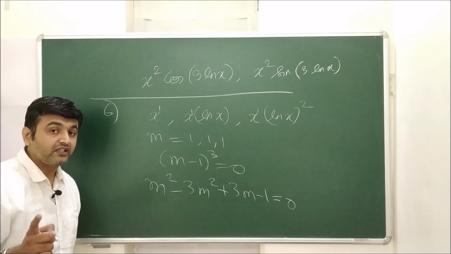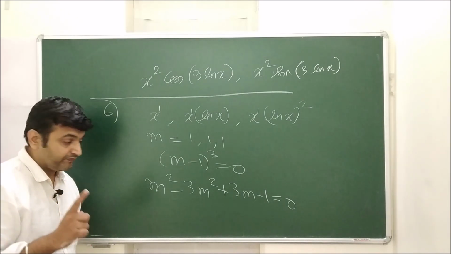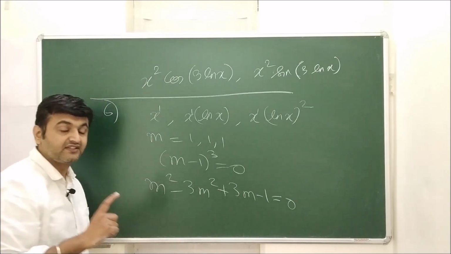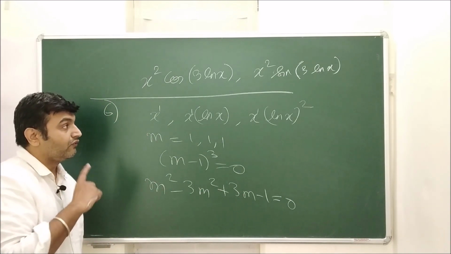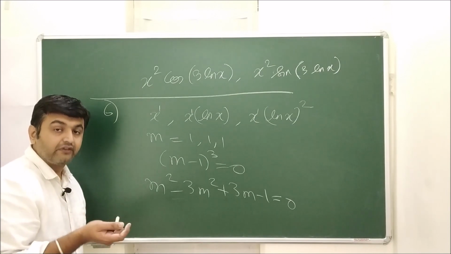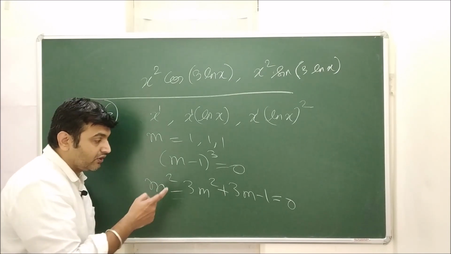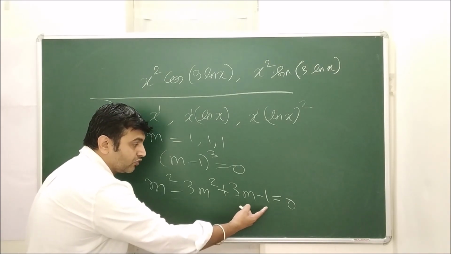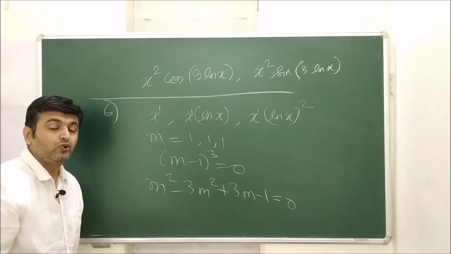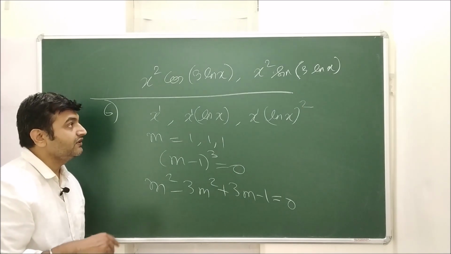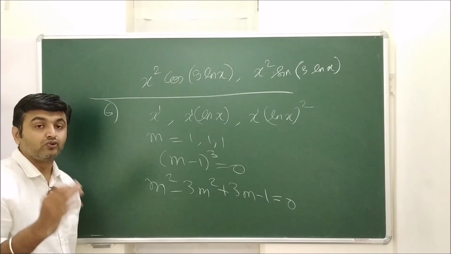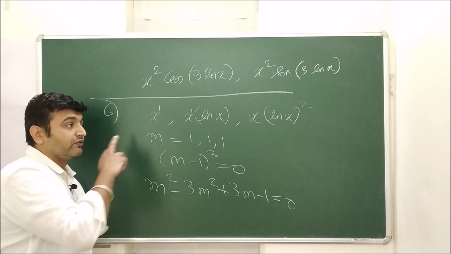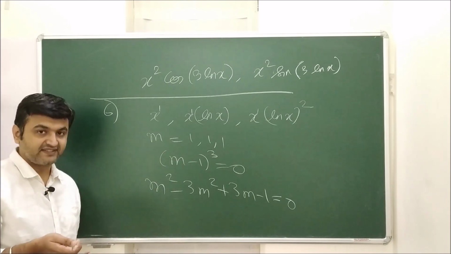You find the auxiliary equation for Euler-Cauchy for third order. Compare the coefficients. Don't say that this is ABC, okay? This is true for constant coefficients. For Euler-Cauchy, the auxiliary equation is different. So you have to compare the coefficient of m square with minus 3, coefficient of m with 3, constant with minus 1, and you solve to get ABC. And once you have ABC, you have the third order Euler-Cauchy differential equation. So that's how you solve when you have the product of polynomial and logarithms.